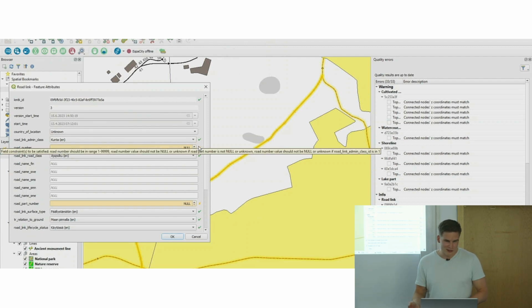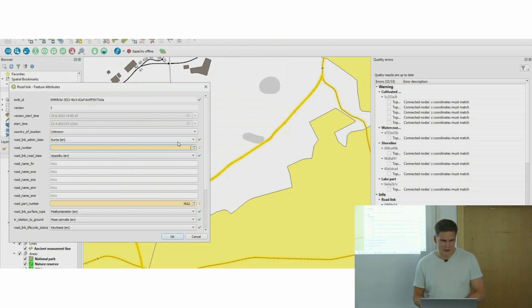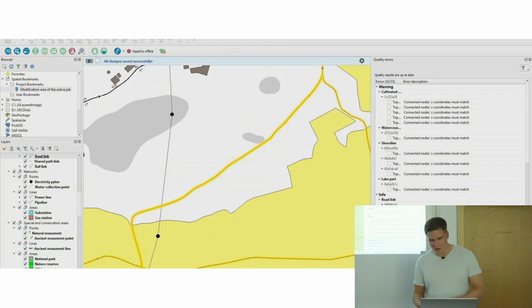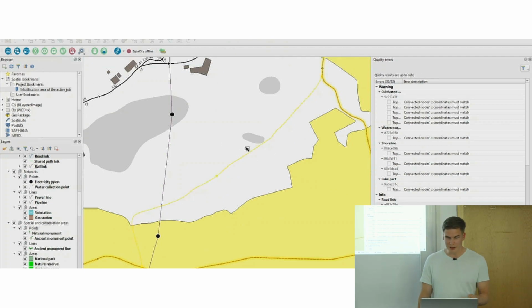So yeah, I'm just clicking the error types there and putting some random numbers in. And in a second I will realize that I have to save the edits. Alright, yes. And it takes a couple of seconds and then it will disappear from the list again. And also the visualization, it takes a while, but now I have it selected when I click it, otherwise it disappears from there.